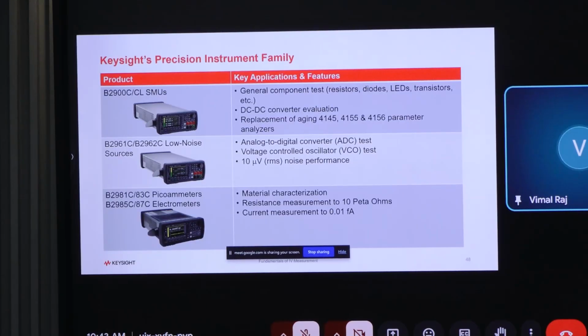Using this, we can go up to 0.01 femtoampere, and we can measure high resistance of beta ohms. This device has some special equipment. How are we achieving this? We are using battery operation. What we discussed, the power line noise and the averaging method, a lot of things we just can't